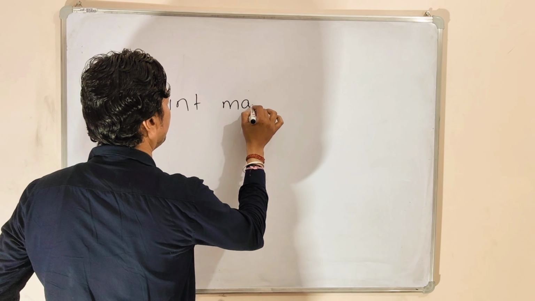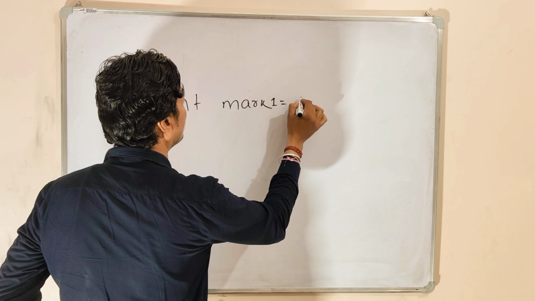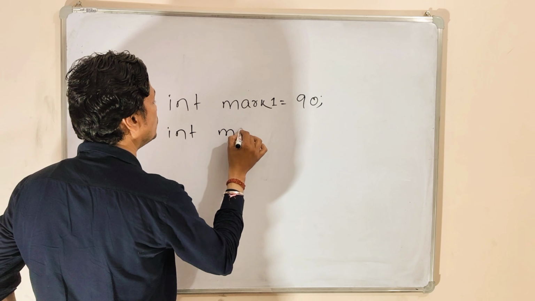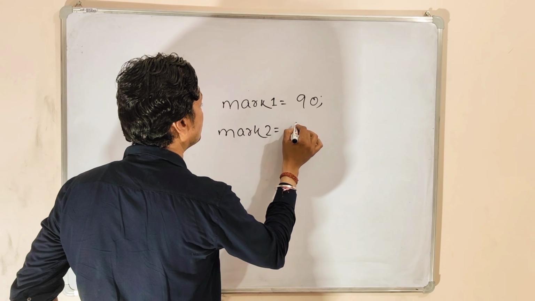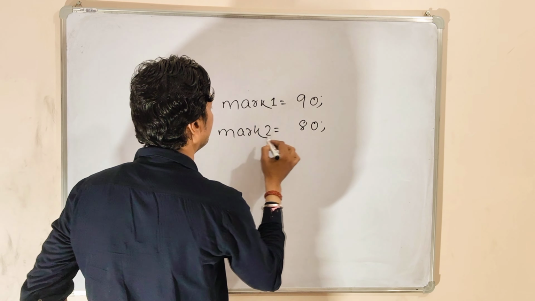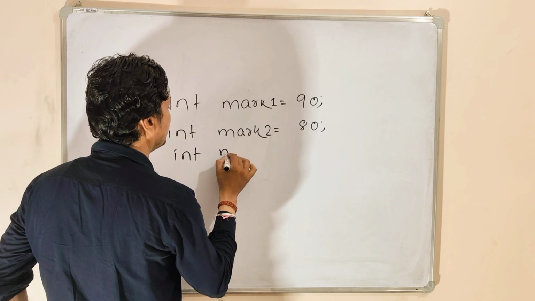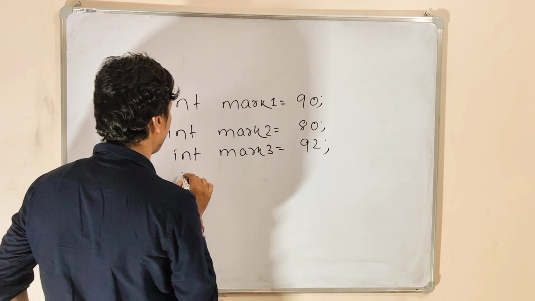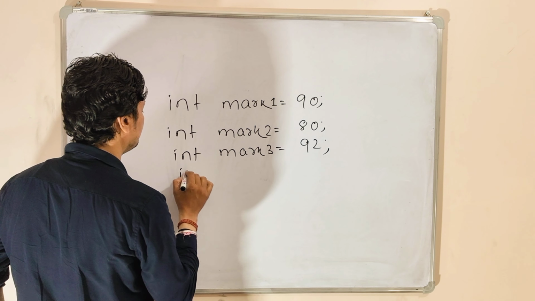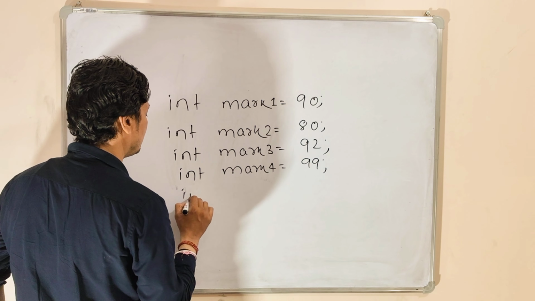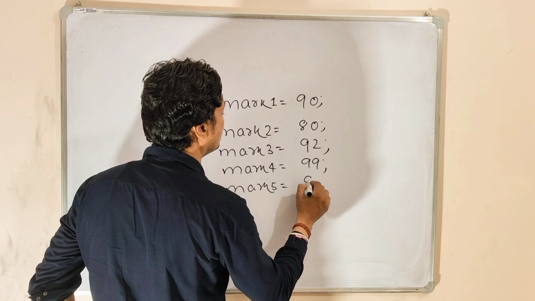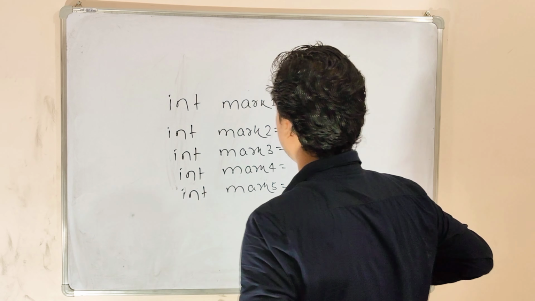That means int mark1 equals to 90, int mark2 equals to 80, int mark3 equals to 92, int mark4 equals to 99, and int mark5 is equals to 98. Okay students,